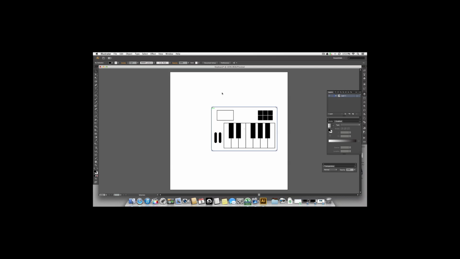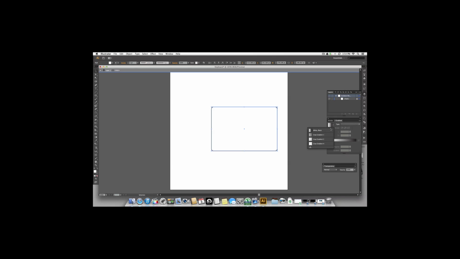keyboard now. We just need to give it a bit of gradients and stuff so it looks more like a real keyboard. I'm just going to select the rectangle and give it a nice gray gradient. Where are the gradients? Okay, right there. I'm going to go with a gray gradient, and using the gradient tool you can choose from which direction you want the colors to grade. So I want it from the bottom right to the top left, and then I'm going to just adjust the